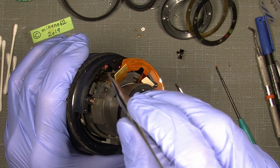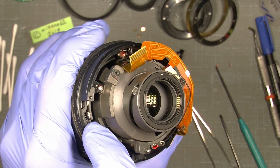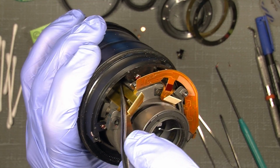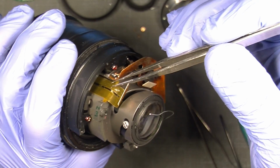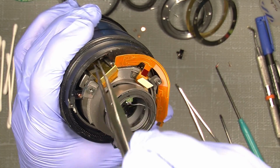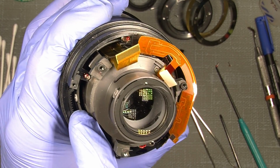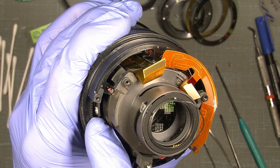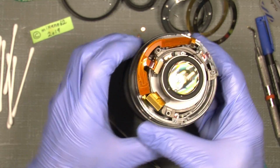It's the one down here. If I move, you can see it down here. We need to unscrew. It's the focusing key, and part of it is actually kind of struggling against this side of this flex cable, but down here you maybe can see it goes against the side of the flex cable, so I need to unscrew that, or if I am lucky I could